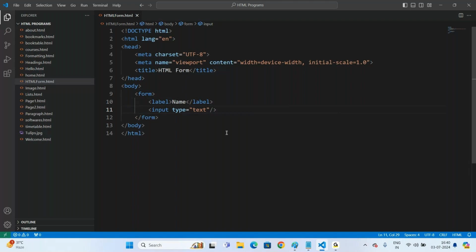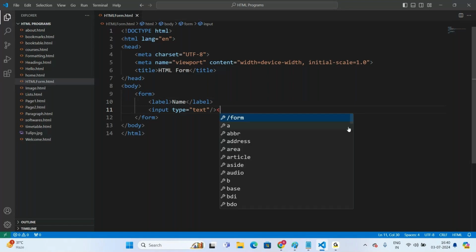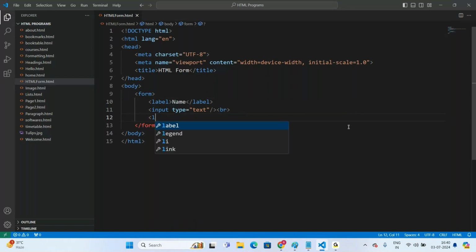Let me show this. Open it in browser. Right click and say open in browser. It is going with the label name and the text field where user can fill the data in this text field. Let us break the line. Now let us go with the label